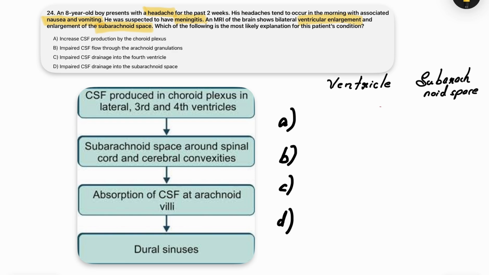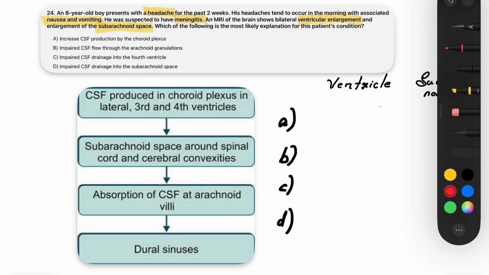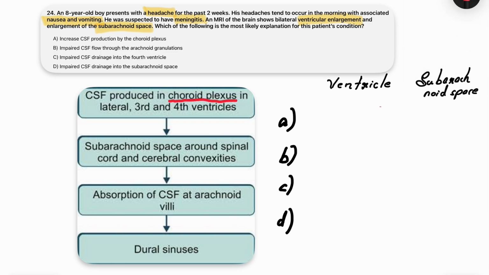So before moving to the options, we should have a rough idea about the CSF pathway. The CSF is produced in the choroid plexus, we all know, and after production, it moves to the lateral ventricle, then to the third, and then to the fourth ventricle. Then it moves to the subarachnoid space, then to the arachnoid villi, where there are arachnoid granulations, and finally to the dural sinuses. So, with this in mind, let's move to the first option, that is increased CSF production by